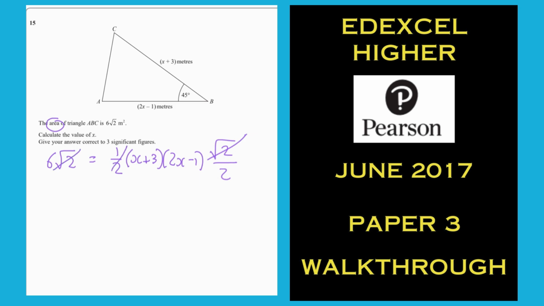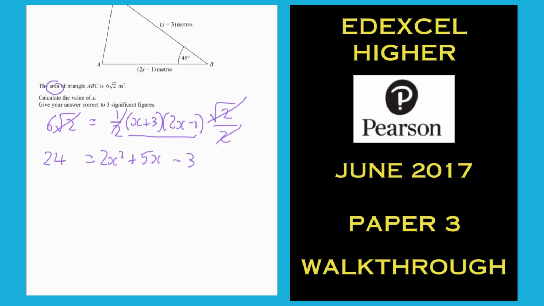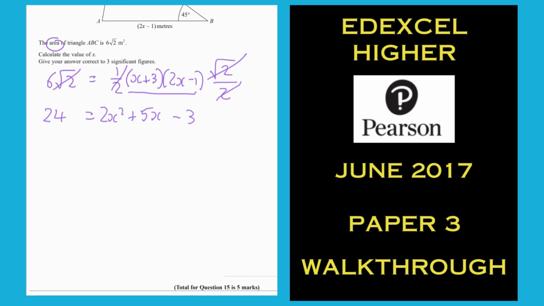And I'll get rid of the half and the half by timesing by 4. And now I can just expand these brackets in peace. So 2x squared minus 3 on the end, and in the middle 6x take away x is 5x. Now I can subtract 24 from both sides. And by the way, it's already given us a clue. We're about to get a quadratic,